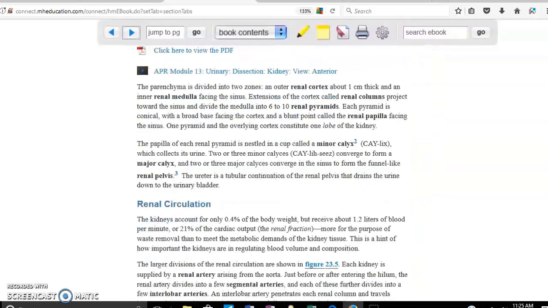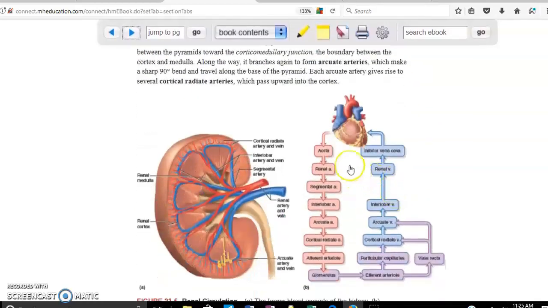If you scroll down, the kidneys receive blood through the aorta. The aorta is going to give you a branch, which is going to be the renal artery. This is your renal artery. It will go and start giving you more and more branches, eventually ending up with a capillary. This capillary is going to be called the glomerulus. The glomerulus is a fenestrated capillary because it has holes. The holes are necessary so we can actually filtrate the blood. When the blood returns into your heart, before it does that, there's one special set of blood vessels called vasa